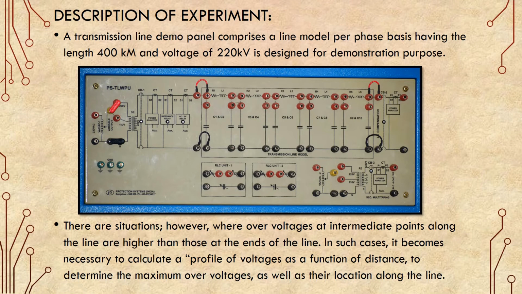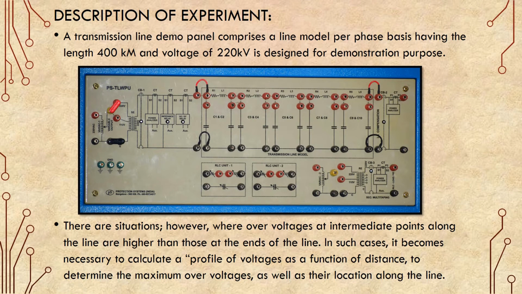To know whether the voltage is rising more than its permissible limit or not, we have to do the voltage profile of the transmission line. What can we conclude after doing this voltage profile? We can conclude where the voltage will be maximum in the transmission line, and at which position of the transmission line we have to connect the compensation unit.